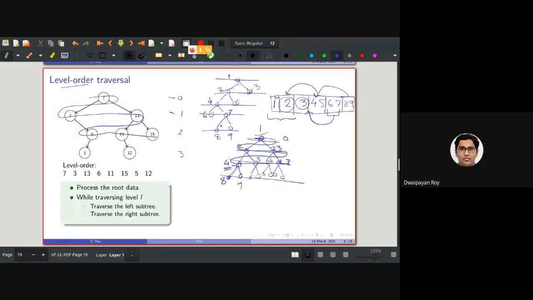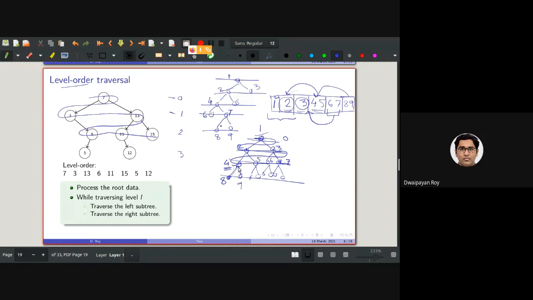So 2 and 3 are in the same level. They are processed back to back. 4, 5, 6, 7 are in the same level, but they are processed in the order of their parents, the order in which their parents are traversed.